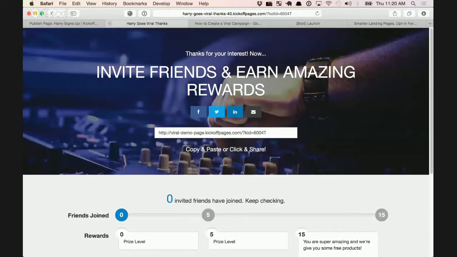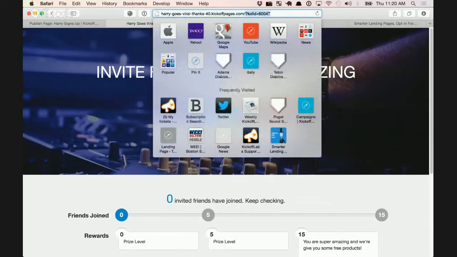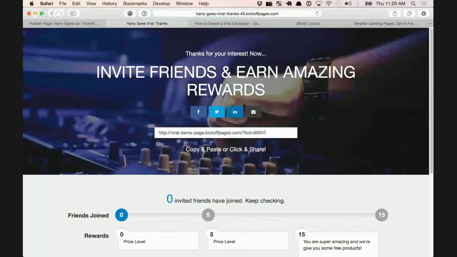But if I went back to the first page and signed up again, I've now confused the browser. I could just go back and check on this thank you page and remember who I am. Even without the referral ID, it'll remember which person I was. So you can see this number is that person's referral ID. I can also go back and